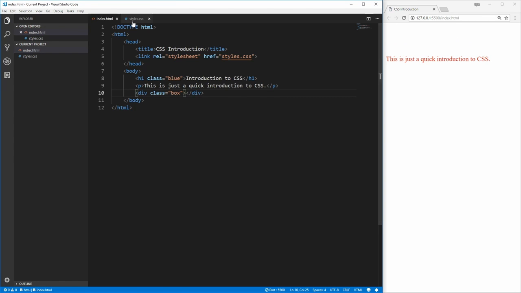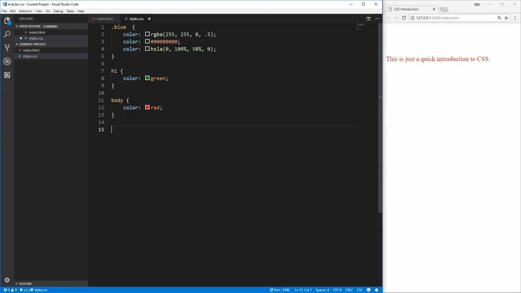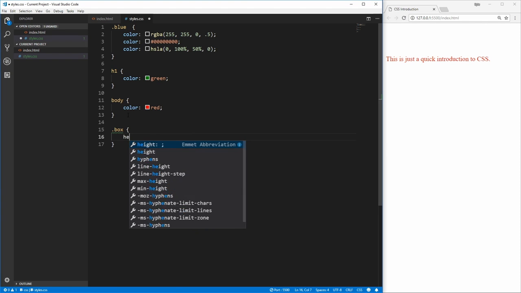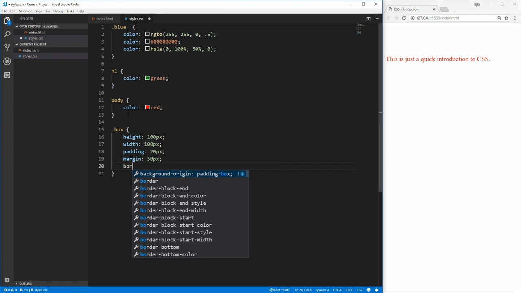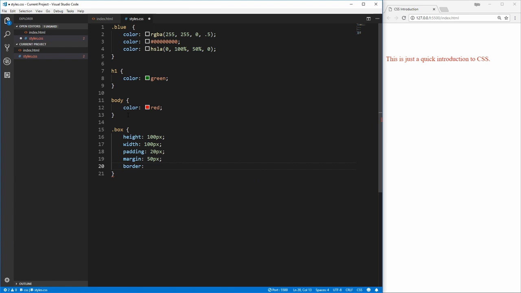There we go. And then in the style, we'll style that box element, and we'll give it a height and a width of 100 pixels, a padding of 20 pixels, a margin of 50 pixels, and a border that is going to be 10 pixels, and it'll be black. Don't worry about the syntax here, this is really just to demonstrate how the box model